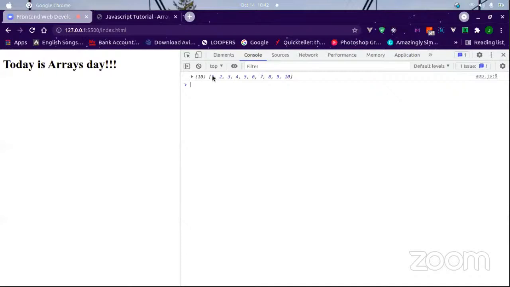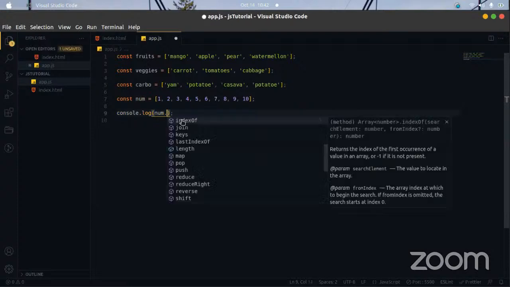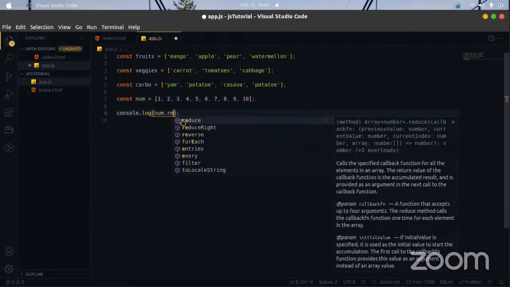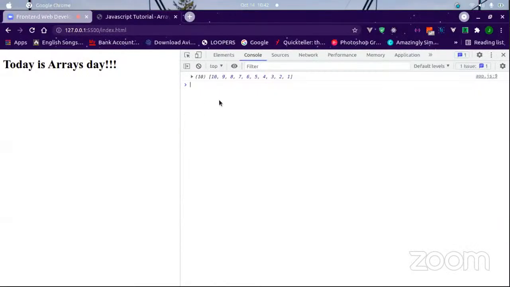So this is 1 to 10. And then let's say we want to reverse this. We could say num dot reverse, and we save this and we check. So it reverses it and starts from 10 and counts down to 1.